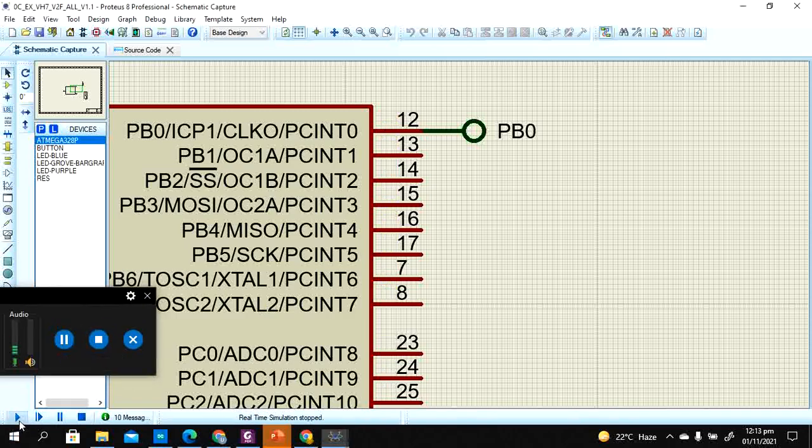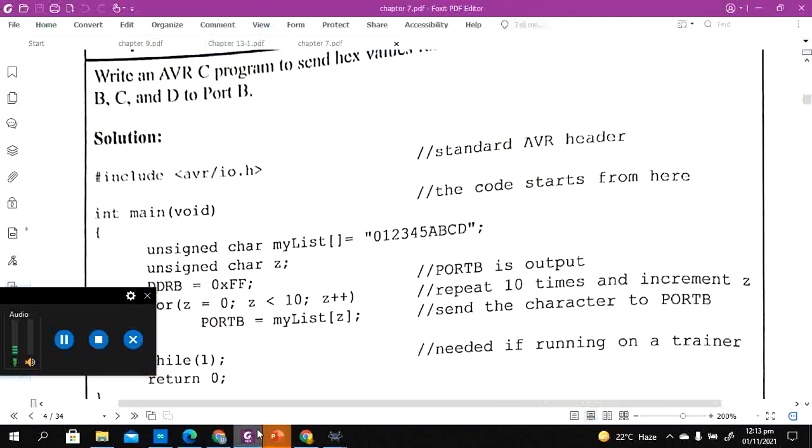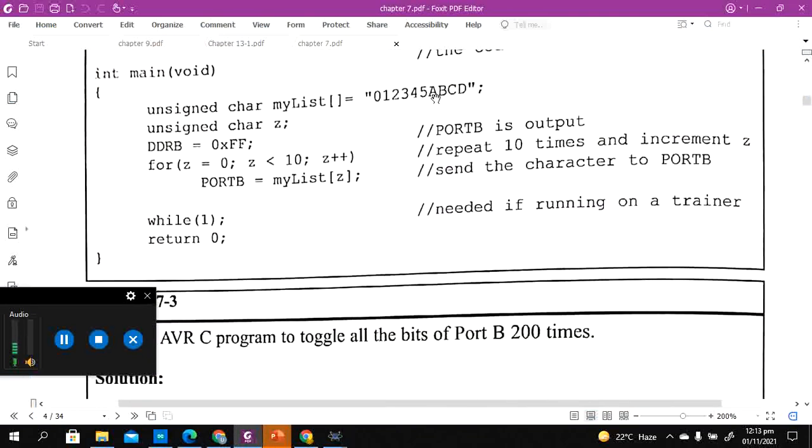So let's run this program, and this should show 30, 31, 32, then 0011, which is 3, and this is 33, 34, 35, and it's going to show A as 41, 42, and this is similar. You can see the A, B, C, D will have their values according to their hex table, and you can just run this program and get this output. Now this 5 is going to have the value of ASCII symbol 5 from the ASCII table.